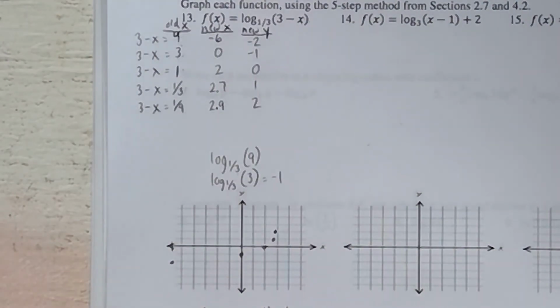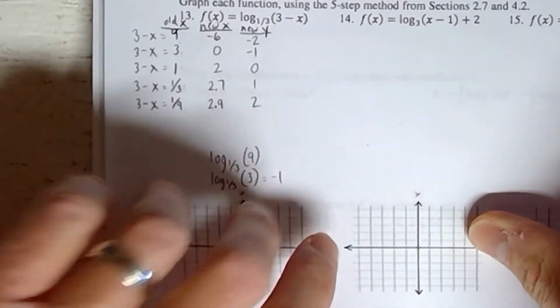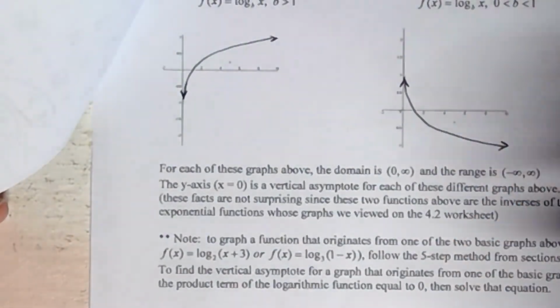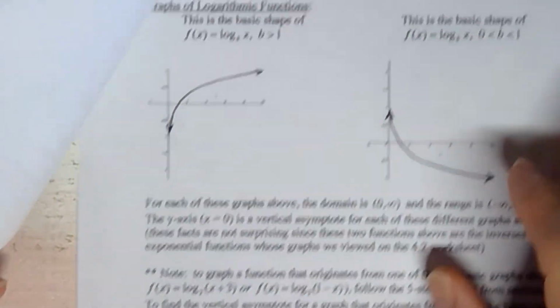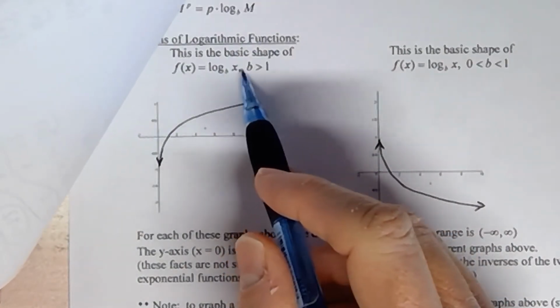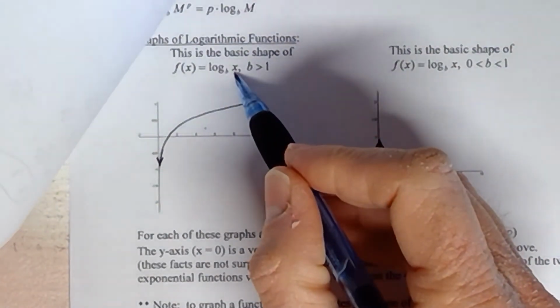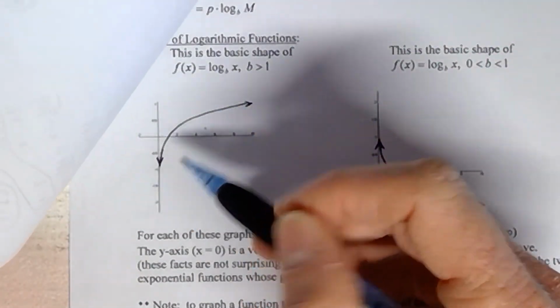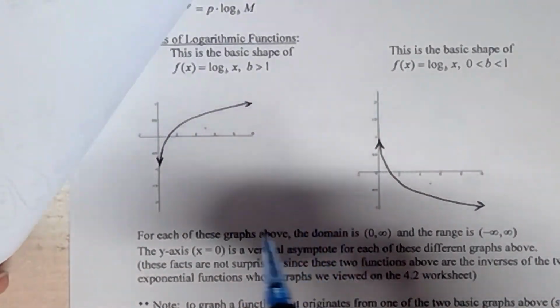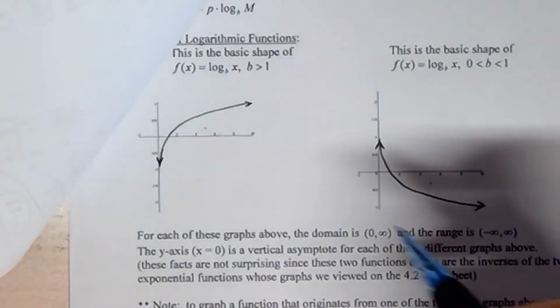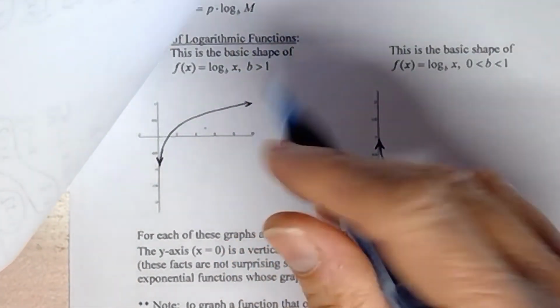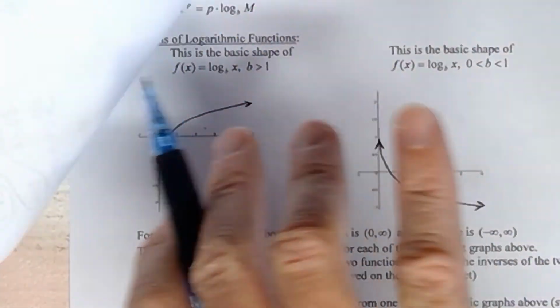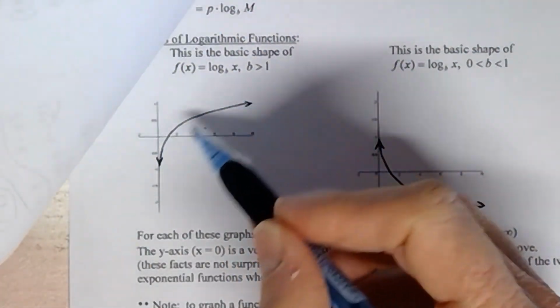You can see that similar to this previous section, and it mentions this in the basic graphs anyway. Anytime you stem something off of a basic graph here, like we are doing right now, where the x gets replaced by the 3 minus x, you're going to end up with the same basic shape. It's just that, like we said before, when you go from a basic graph to the final graph, it'll still be the same basic shape, but it might be flipped over, spun around, but it'll still be the same